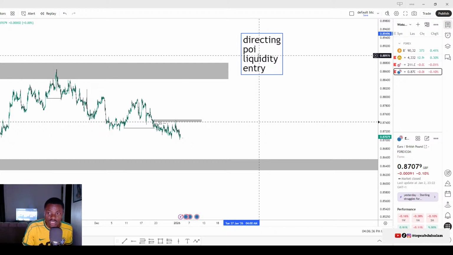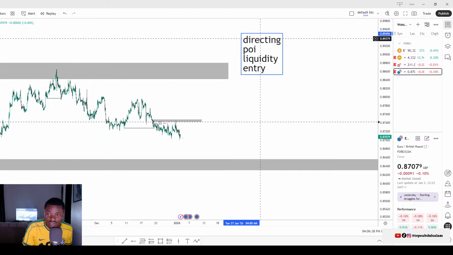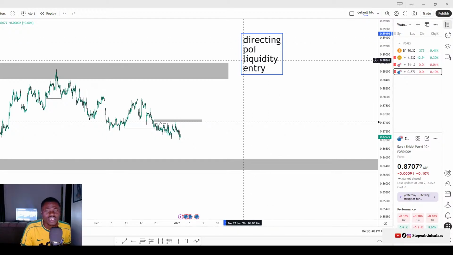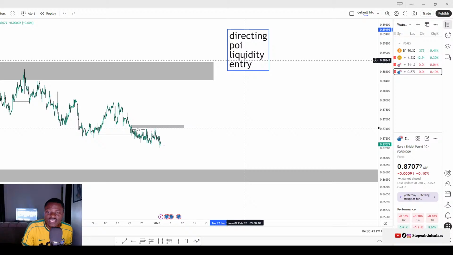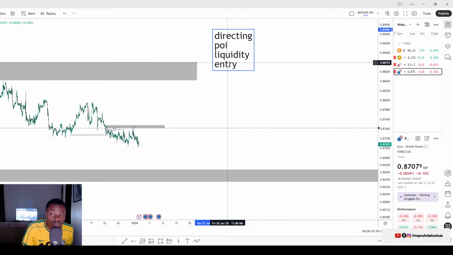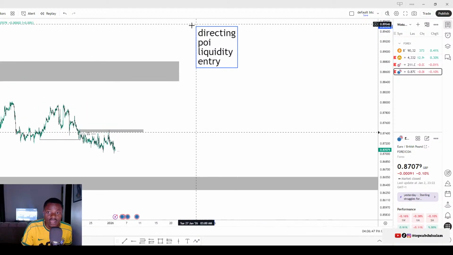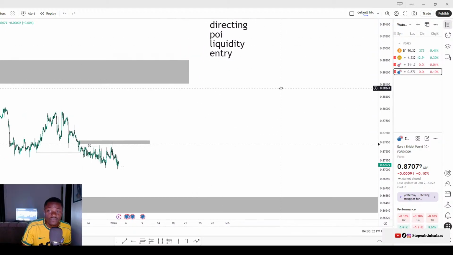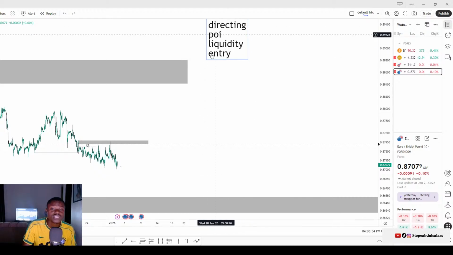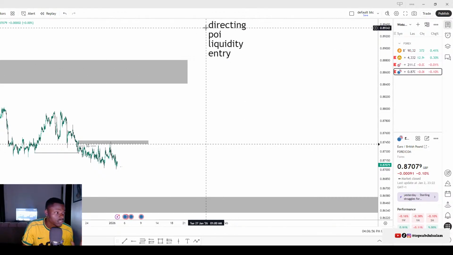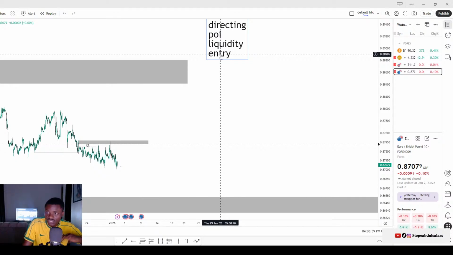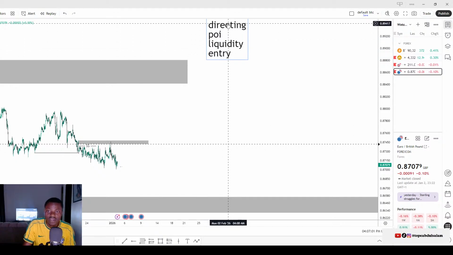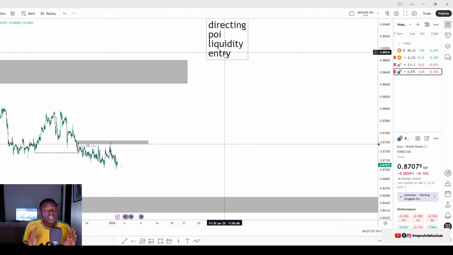If you know how to identify your direction, your point of interest, your liquidity, and you have an entry model for that area, you can trade already. Just knowing these four things, you can trade already. Although you still need market experience, if you can master all this and build your whole trading model around these four things,